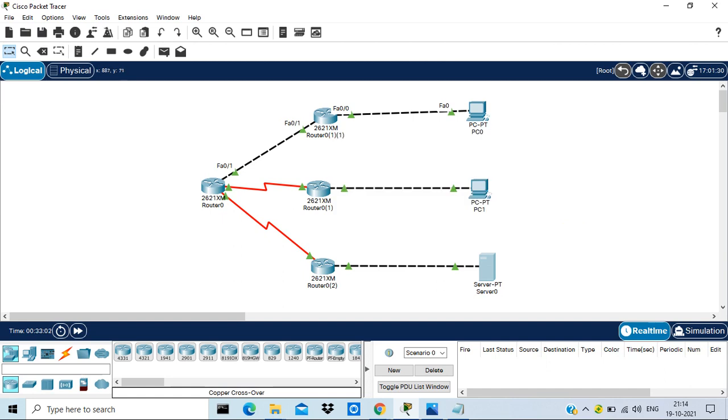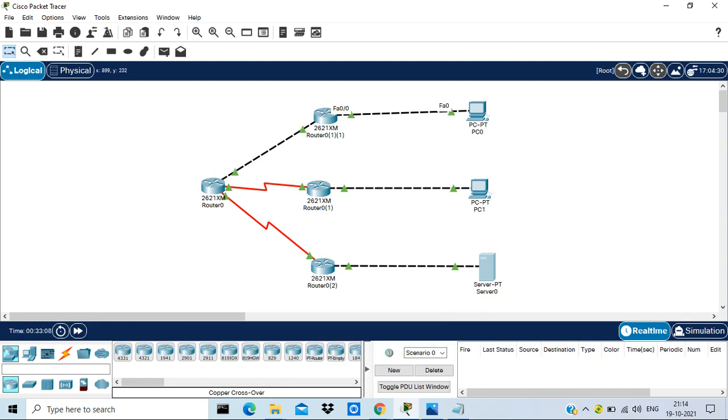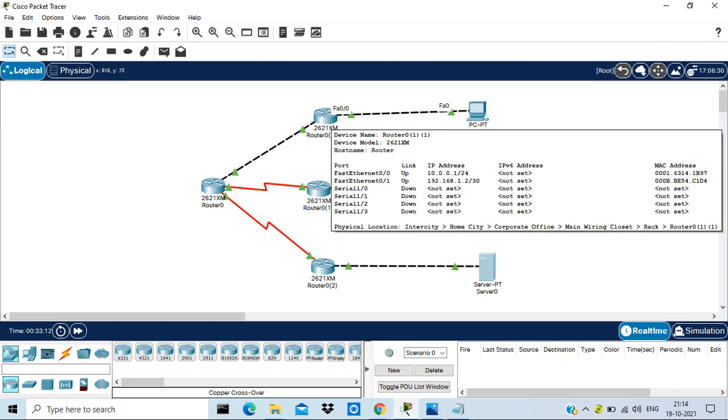If the PC from branch office 1 wants to connect to the FTP server, and to PC2, how many routes should we add? For connecting network 2, right?